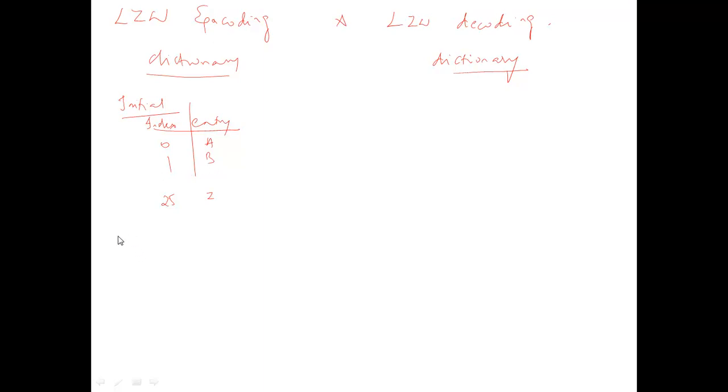If you are sending something like B, A, C, then B will be translated as 1, A as 0, and C as 2. Without spacing; for spacing there will be a different dictionary entry, say 26 for the space entry.